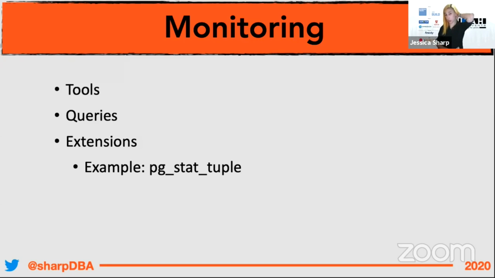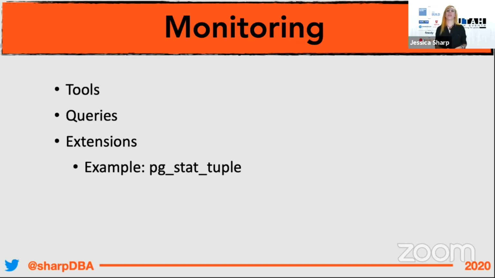I've had to use just queries before. Second Quadrant has some really great monitoring specific to the things that you need to monitor around autovacuum. They've got great queries on their website. I'm going to have some queries. I'm rewriting quite a few to cover the different versions. If you're on 9.5, you're going to be heavily interested in a set of monitoring queries. I'm going to put that on my GitHub. I think if you just search Jessica Sharp, it should come up.